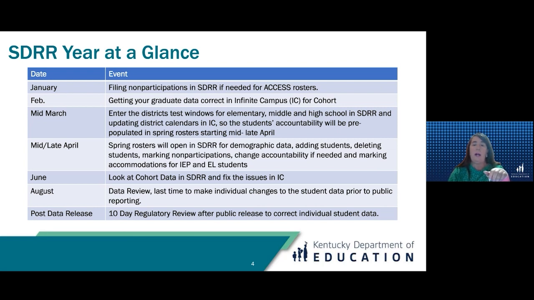We do also want to reiterate some of the things that happen during the year with SDRR at a glance. So this slide starts from January and goes all the way through the year and gives you what you're supposed to be doing in SDRR at different times. During this time in January, you're to be filing non-participations while it's open in SDRR for access. And then that will close down, and then we will get ready for